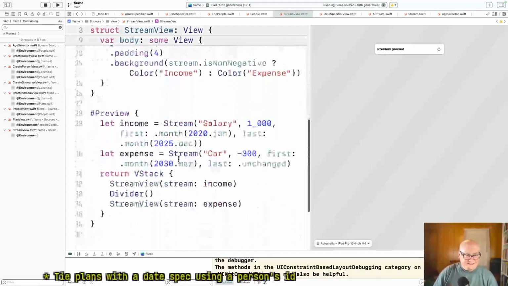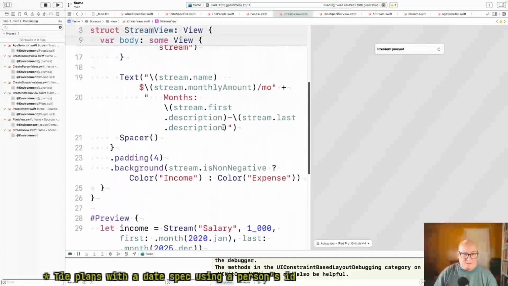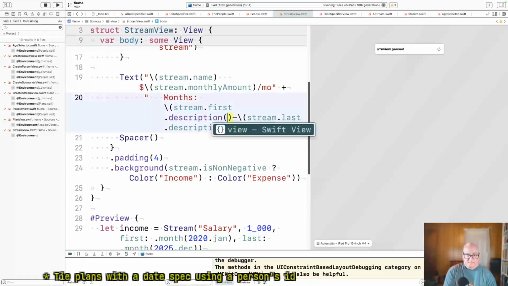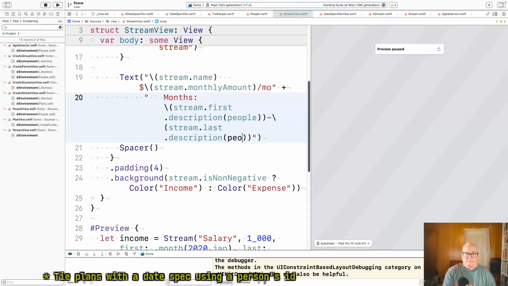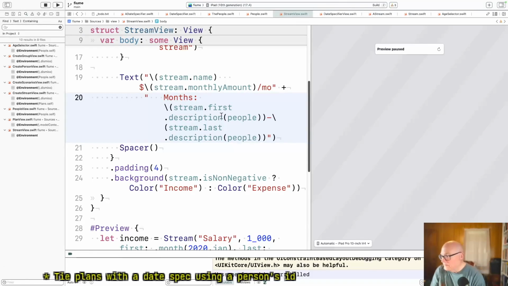All right, this thing we want to pass in dot description with people. Let's run that.